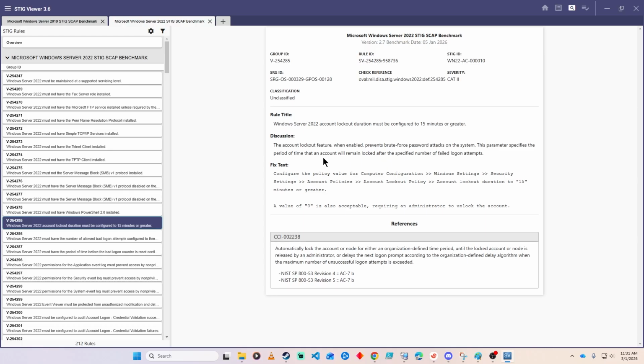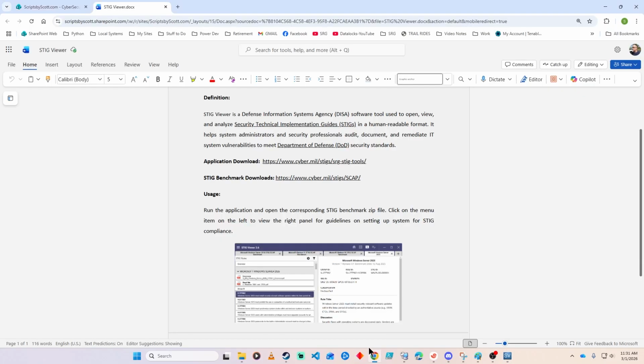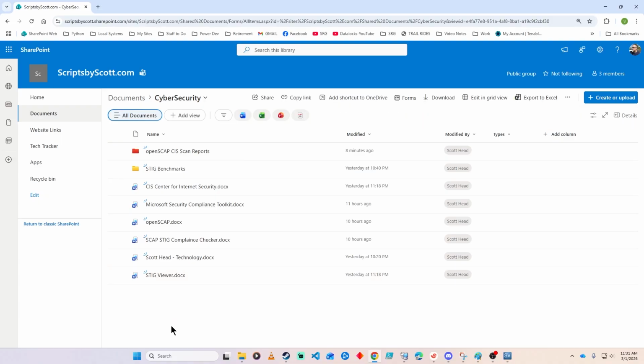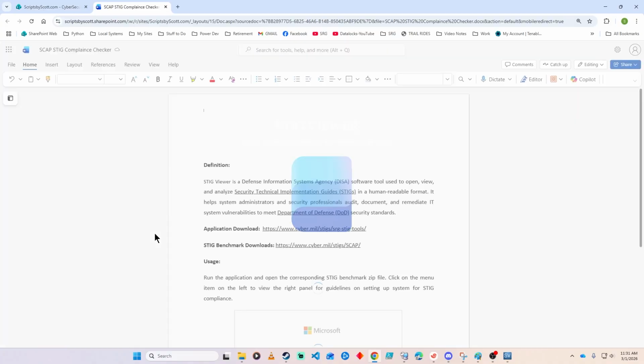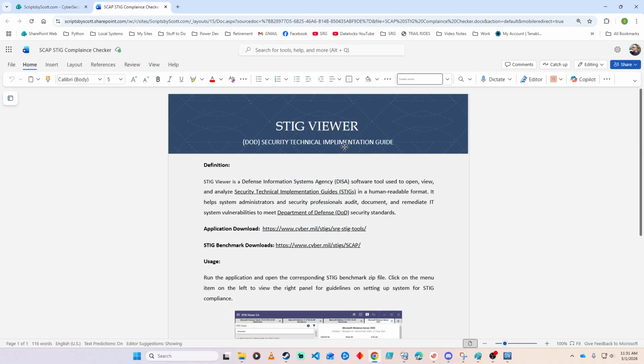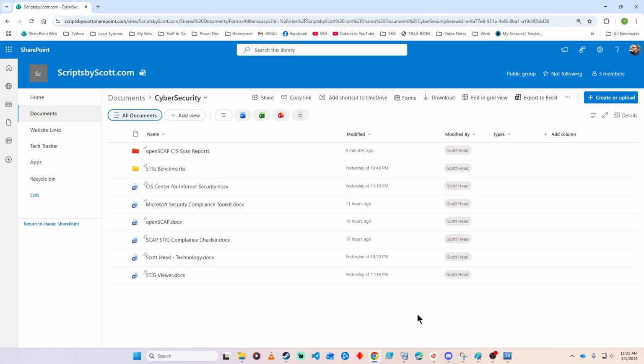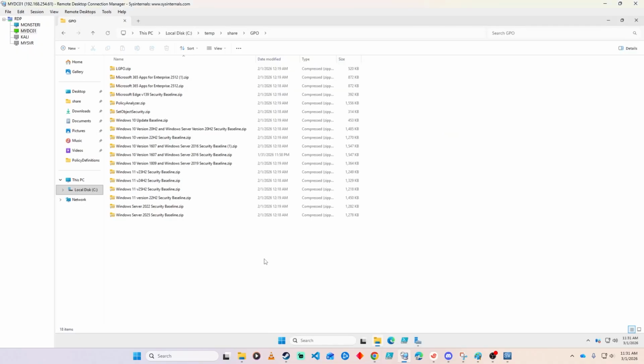So let's go back to my little screen here. That's STIG Viewer. Now you understand what that does. And then there's a program called SCAP, a STIG compliance checker. Oh, see, this still says STIG Viewer. I didn't fill this one out yet. But anyways, the SCAP STIG compliance checker, I'll show you that right now. Because once you've set it, or if you need to set things, you need to know where you're at. You need to be able to scan a system. So they give you a tool